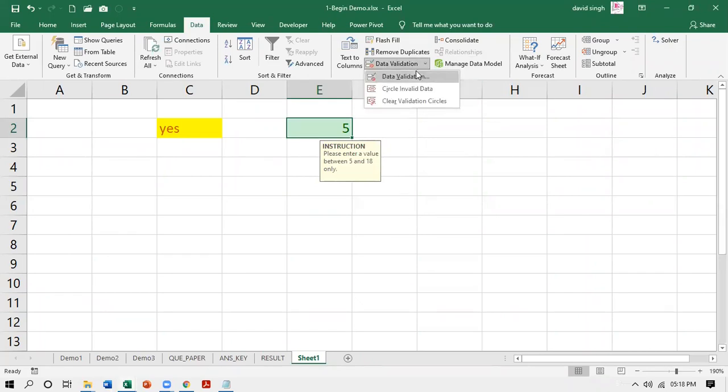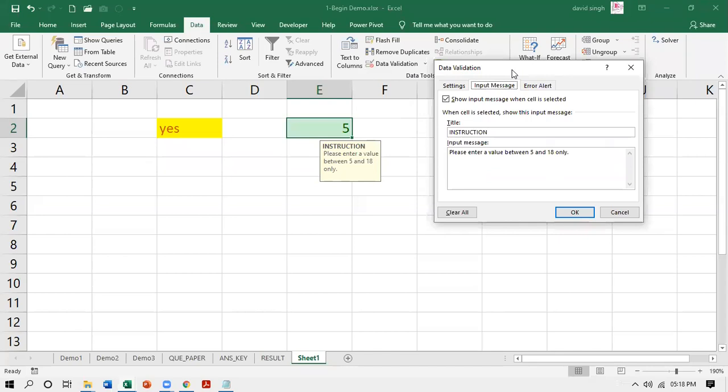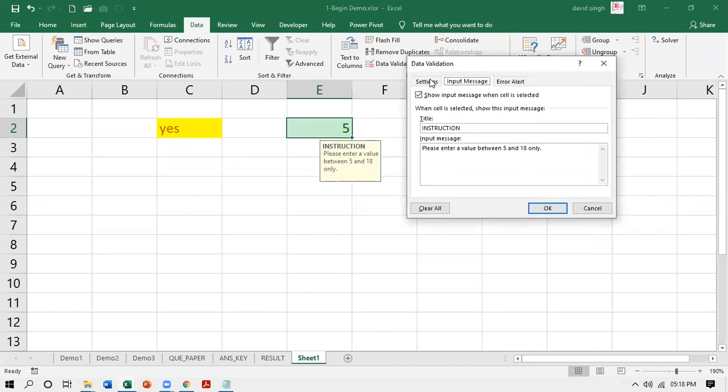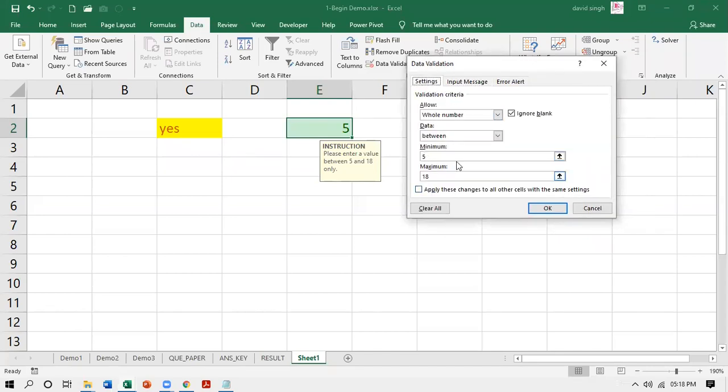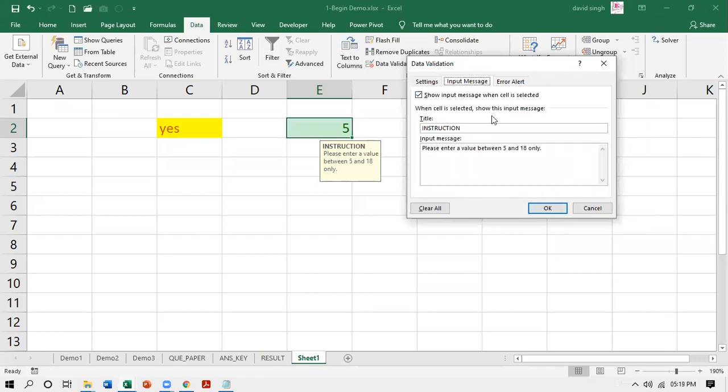Moving further, bringing my validation box again here. We have seen the setting is whole number between 5 and 18, input message, error alert. I can also decide what kind of error I'm going to give. Now pay attention here. This is very, very important. Style is very important. If you take the style as information, it will be lenient.